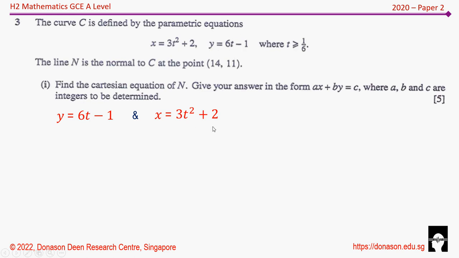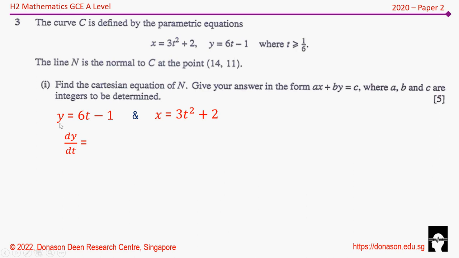x = 3t² + 2. I have just copied that down. So let us differentiate y with respect to t. Why do I want to do that? Because we need to find the equation of the normal. Of course, before we can find the equation of the normal, we need to find the gradient of the